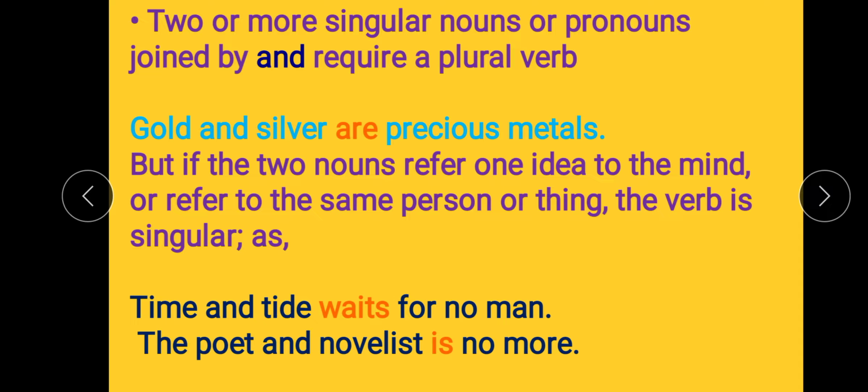And we have joined these nouns, gold, silver, with the word and, which is given in our rule that if two nouns or two pronouns are joined by the word and, we use plural verb. So we have done this only, gold and silver, which is joined by the word and,